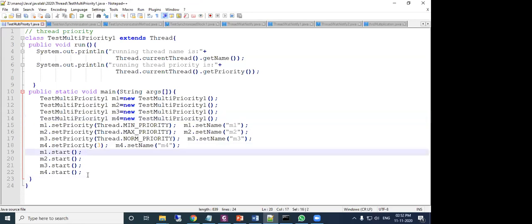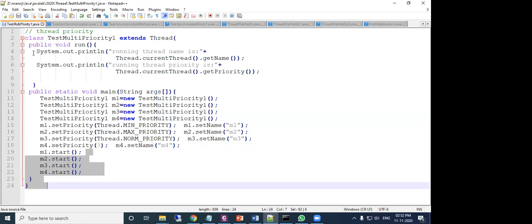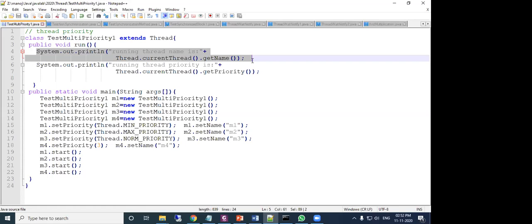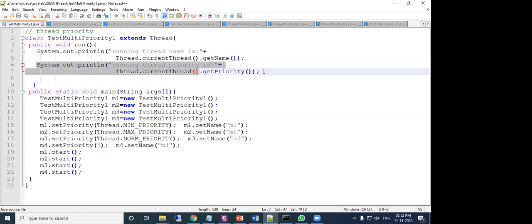These are the run methods. Here the run method again has two lines of code. First, this is one independent line of process, and this is another independent line of process. So these lines will run separately. They will not execute at a time.